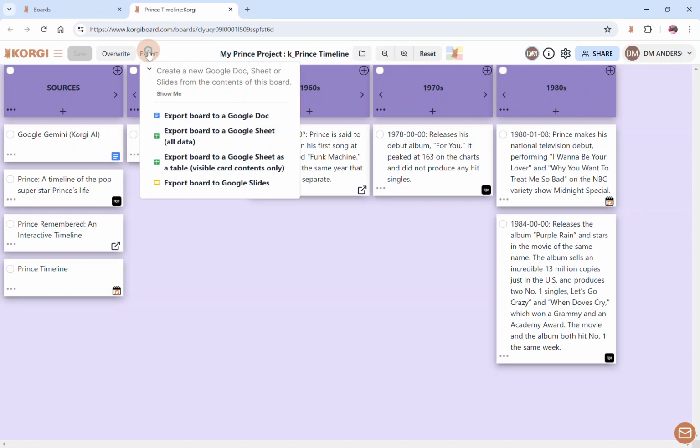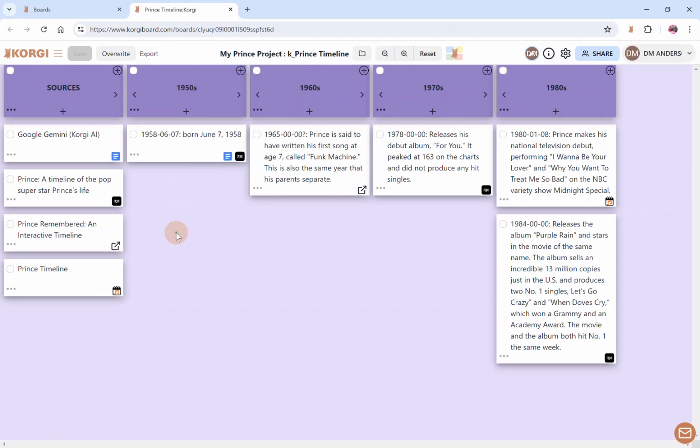I can also, of course, export to a Google Sheet. I can export to Google Slides. That would probably, a giant timeline to a slide deck might be too much, but certainly for smaller presentations, being able to take any Corgi board and transform it into a formatted file is an incredible time saver. So you can see the hours you're going to save being able just to research as you go and have Corgi organize everything for you. And of course, being able to export it instantly into a file that you can share, you can present, or submit.